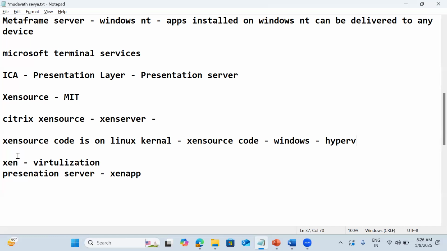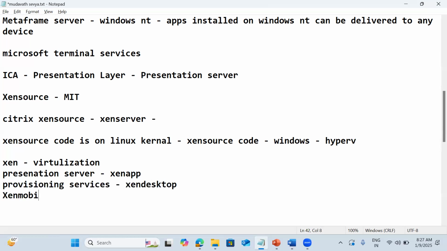So ZenSource itself was renamed Zen Server and Presentation Server became Zen App. Then, based on Provisioning Services, Citrix developed one more, Zen Desktop, and also Zen Mobile.